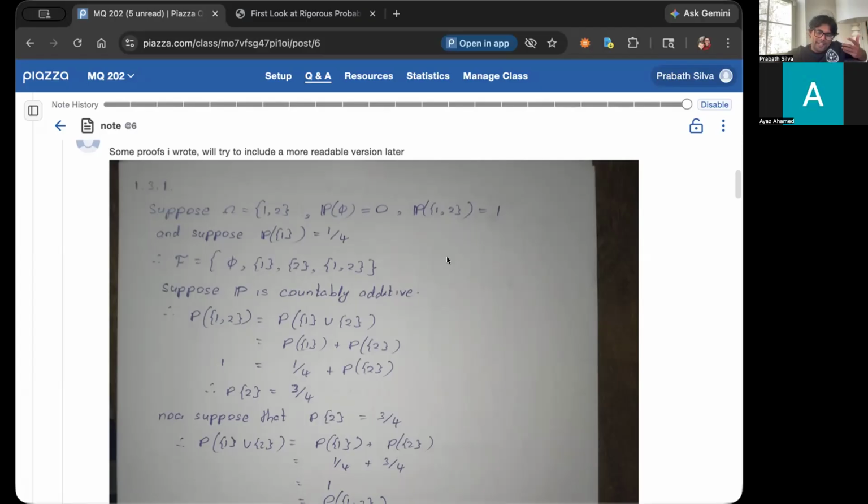So verifying the countable additivity property reduces to verifying the finite additivity property. We are implicitly saying that what we're really using is that if the sigma algebra has only finitely many sets, then verifying the countable additivity is the same as verifying the finite additivity. In this case, you can verify finite additivity